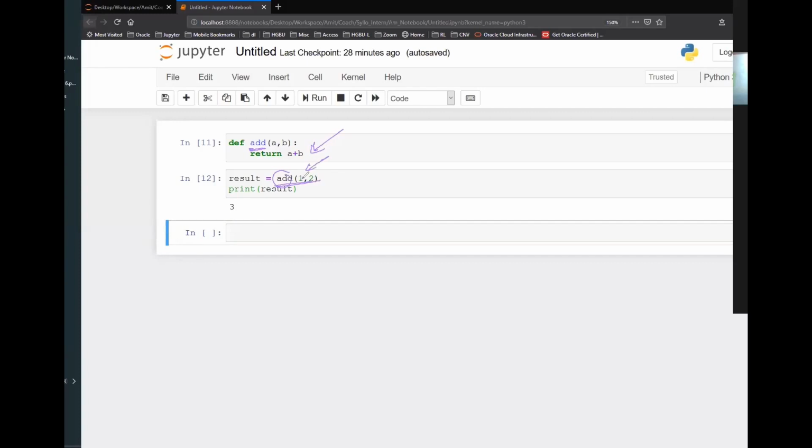Once you call this function, it will go here, do this calculation, a plus b, and then the value from the return statement will be returned back. Because I'm doing result equals to this, the value will be stored in the variable result. And then I'm simply printing whatever is there in the result.